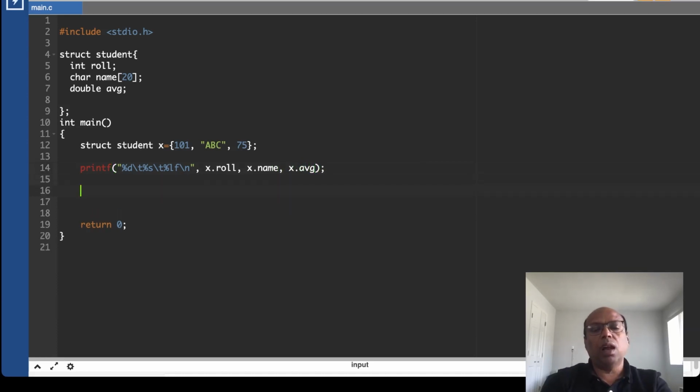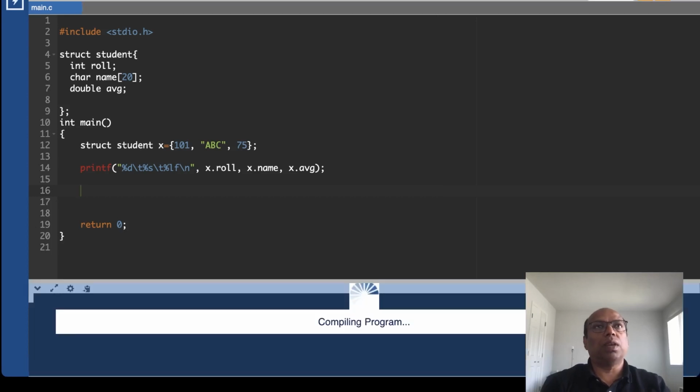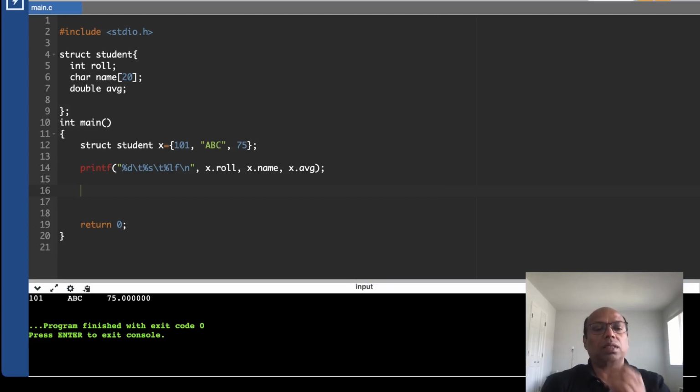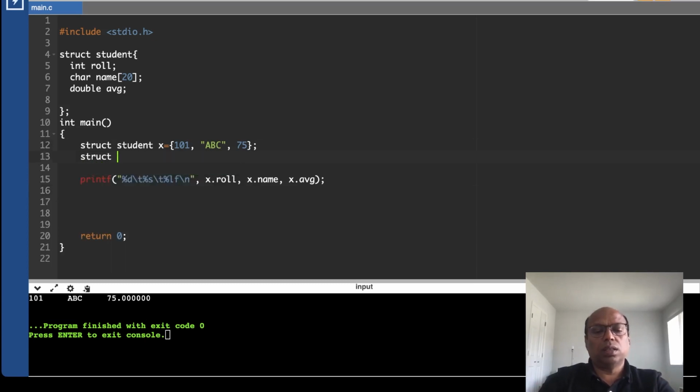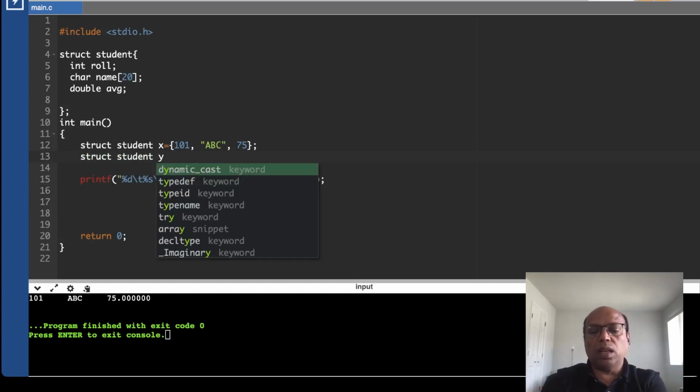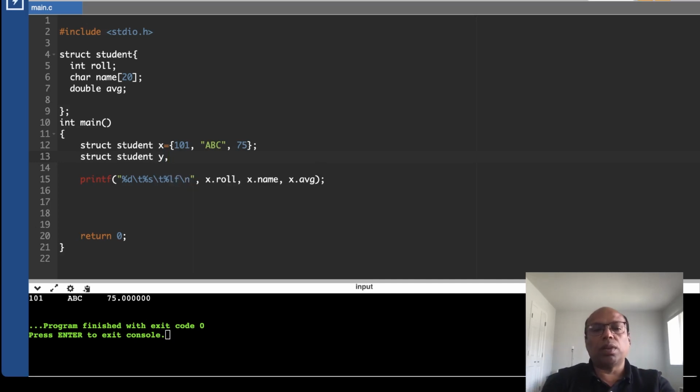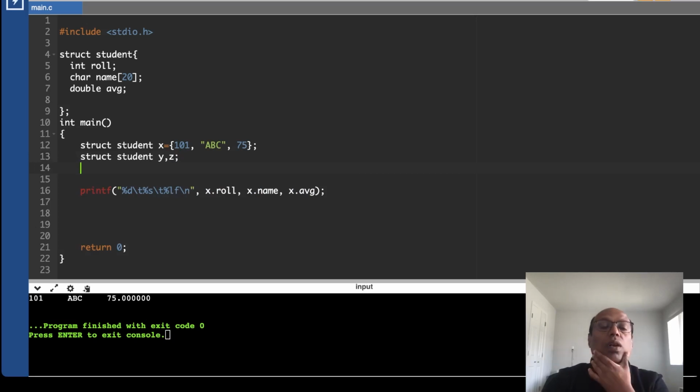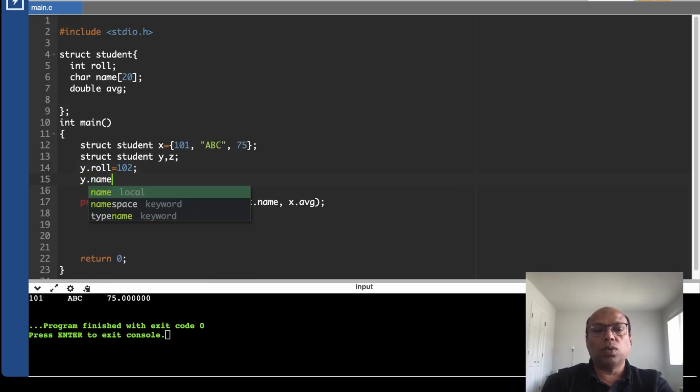Okay, now run the code, see what is happening. I got the answer 101 ABC. So this is one way of initializing a structure variable. Okay. Now I want another structure variable. So if I want another variable, struct student, I put y. I don't want to initialize at the line of declaration. If you don't want to initialize at the line of declaration, you can also initialize one member at a time. How to initialize? y dot roll is equal to 102. y dot name is equal to